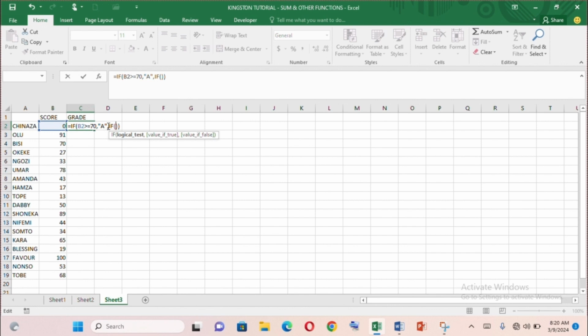Can you see? And then you say B2 greater than or equal to 65, comma, it is what? AB. Comma, if this condition is not met, what is in B2 is not greater than or equal to 65, we check another condition. We say IF, parenthesis open and close. Always open and close your parenthesis. Use your arrow key to move to the left. If B2 is greater than or equal to 60, comma, we say that the person got what? A C, comma. If this condition is not met, instead of it giving us a false, we check another condition. We say IF